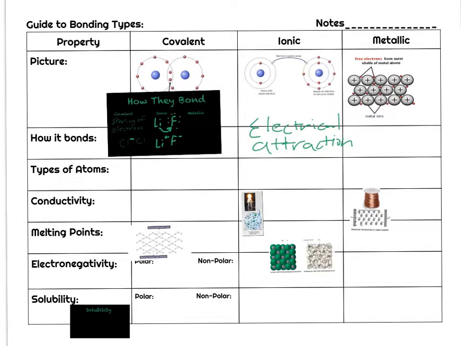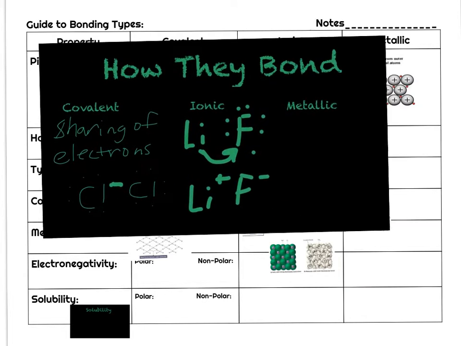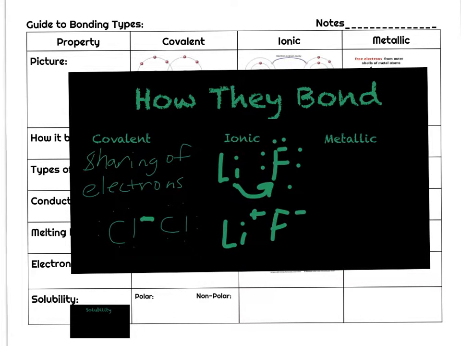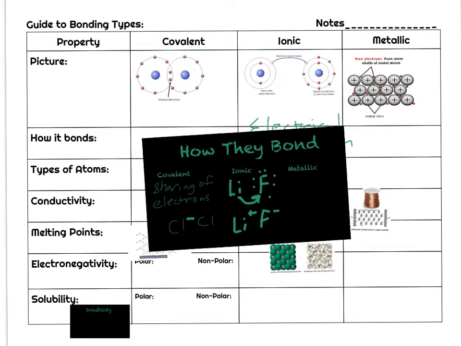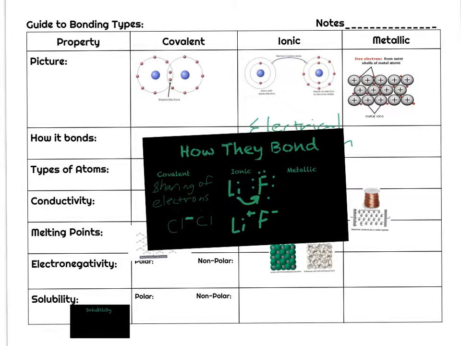Alright, now finally, the last type of bond that we're going to talk about is a metallic bond. And all a metallic bond really is, it's kind of hard to describe it for you guys, but the best way to describe it is by kind of actually looking at this picture over here. So if we're looking at the picture, we have a bunch of metallic ions together over here. The red are representing basically free electrons. So essentially what's happening is all these metals are sharing all of the free electrons,